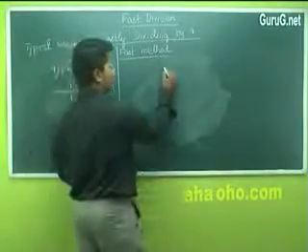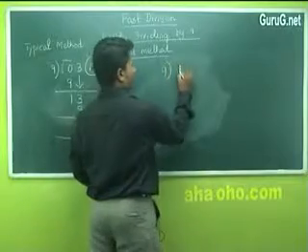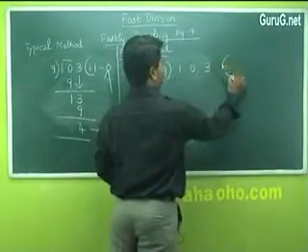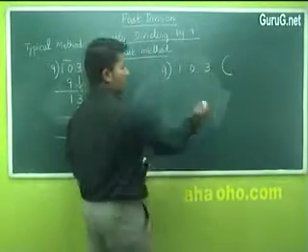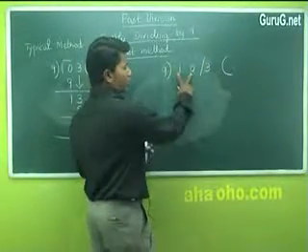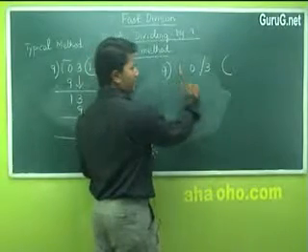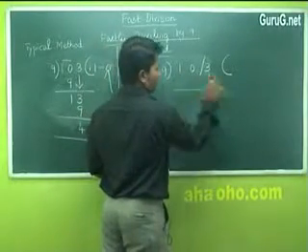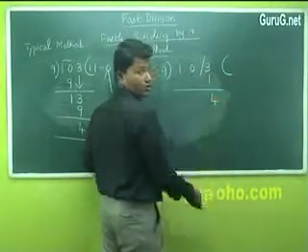In your fast method, this time we are going to do it a bit faster. So keep everything in your mind. We have to place the bar just before the last digit. Now there are 2 digits before the bar, so add them. 1 plus 0 is 1. 3 plus 1 is 4. Now